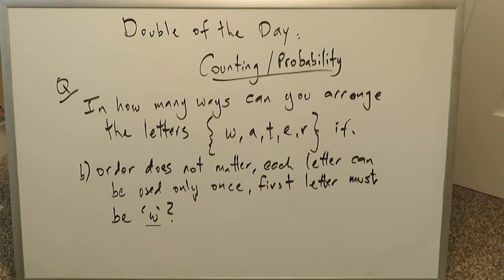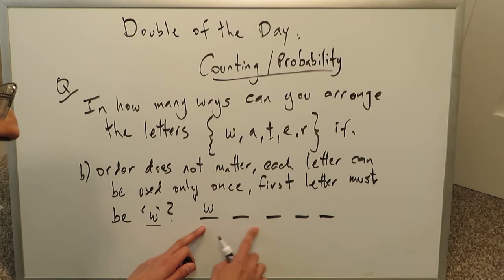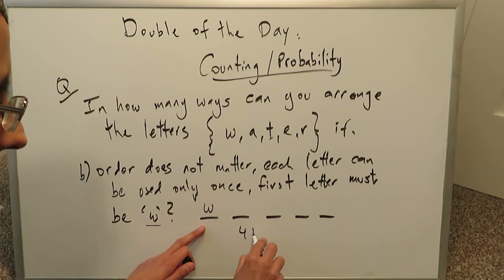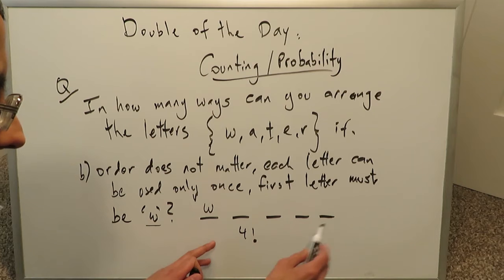It's still a counting question, and it still is going to involve a factorial. The best way to handle this is just draw your 5 letters which would fall into the word. You know you have to put W here. Then you're looking at how many letters you have left. You have 4, and therefore you must do a factorial of 4, and that'll give you your answer,